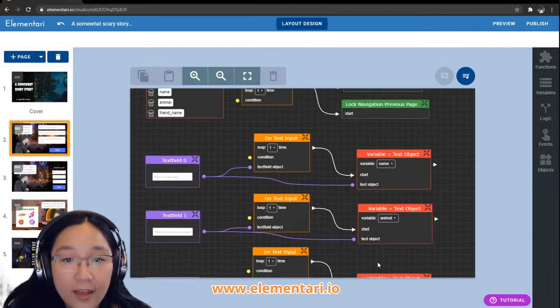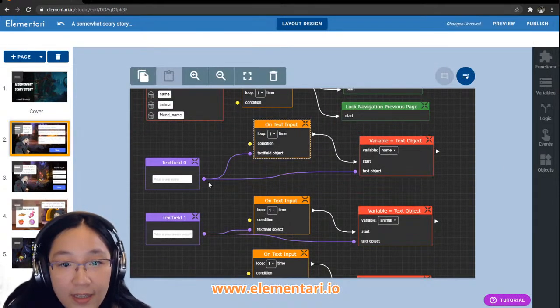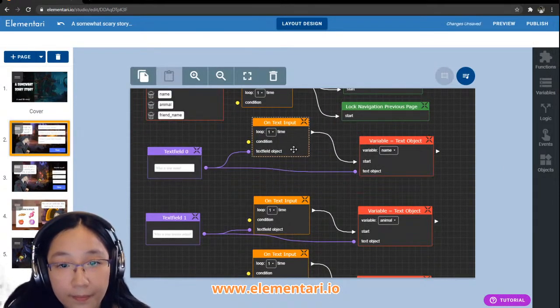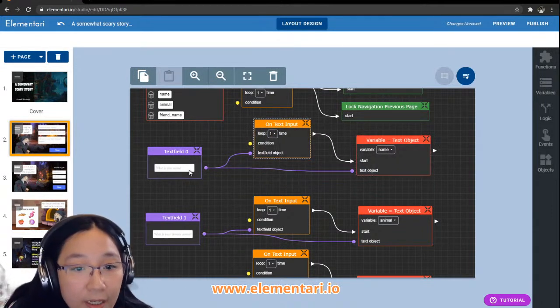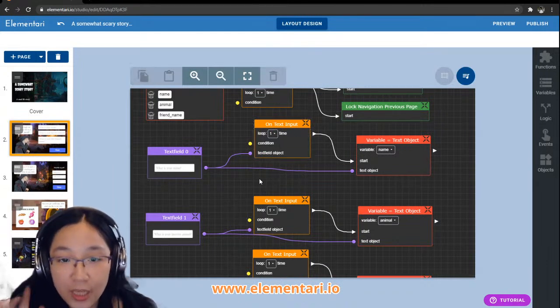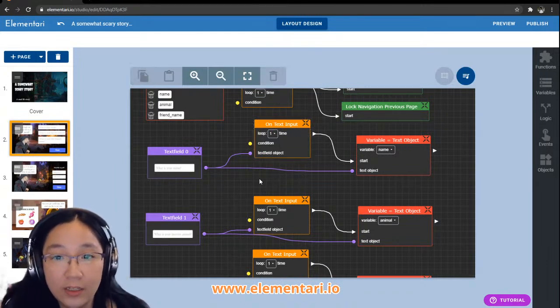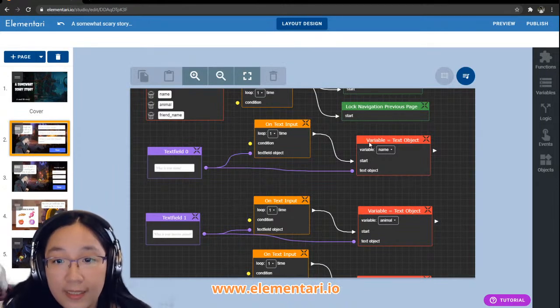So I want to take a look at this. On text input, so when you see "What is your name?", this is the text input. When I finish typing in my text and press enter, then I want to set the variable equal to whatever is inside of the text box. In this case, I want to set it to the variable name.